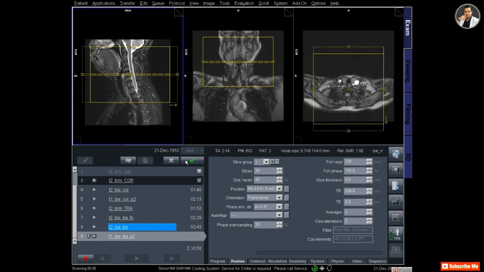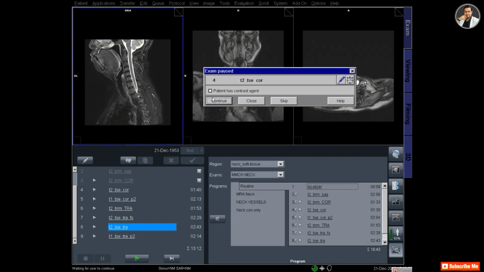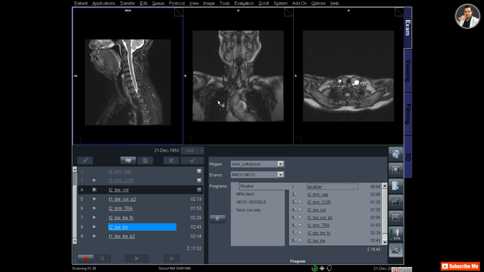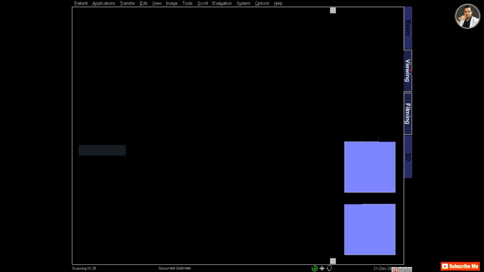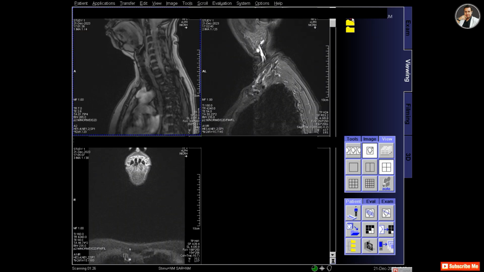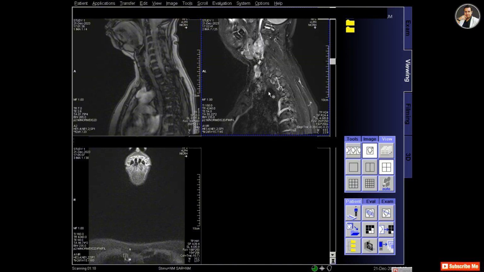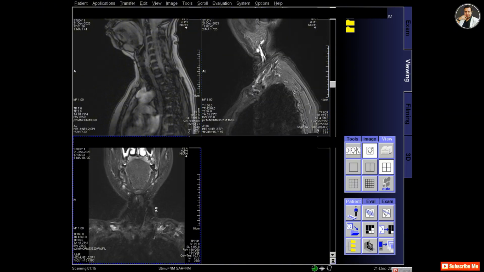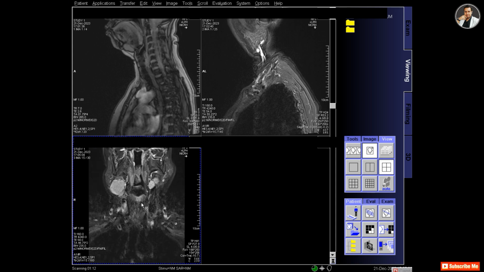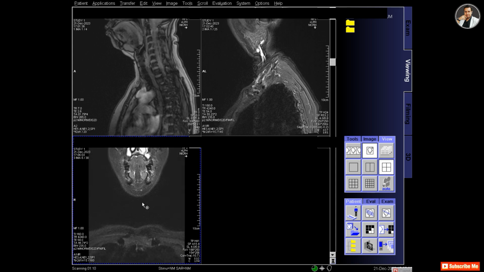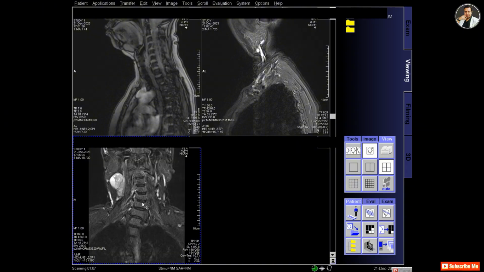So these are the pre-contrast protocols for neck that I have planned, and the scans will happen one by one. So it's time to check the images and printing. So first of all, this is my first protocol that I have taken for neck. This is T2 STIR sagittal, and this is T2 STIR coronal, or T2 TIRM coronal for Siemens.